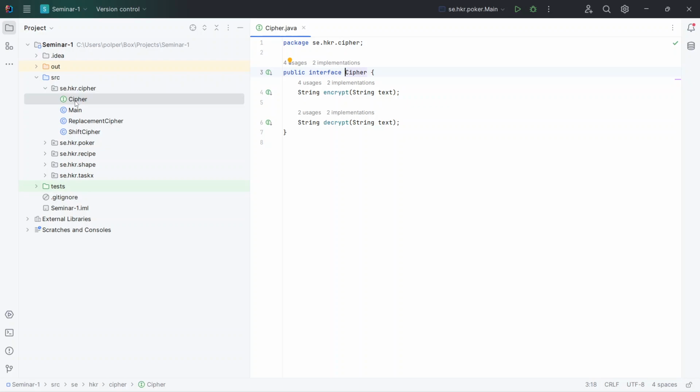For example, some of you have created encrypt and decrypt methods with no parameter, and some of you have created the methods without a return type, so you have made them void. And preferably they should receive a text and then return the encrypted or decrypted text. Otherwise, if you don't do it like that,